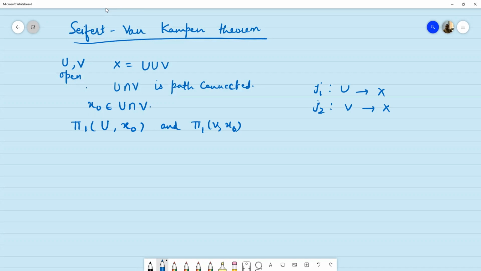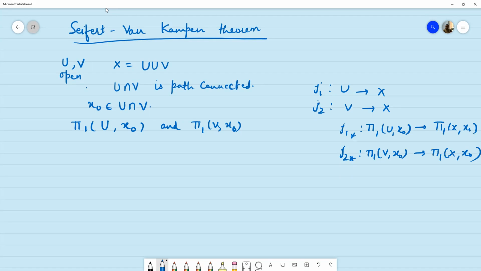Then we have two different homomorphisms. One is J1 star, which is from pi1 U x naught to pi1 X x naught. Similarly, we have J2 star, from pi1 V x naught to pi1 X x naught. Now, under these two mappings, the images of these two groups generate the group pi1 X x naught,